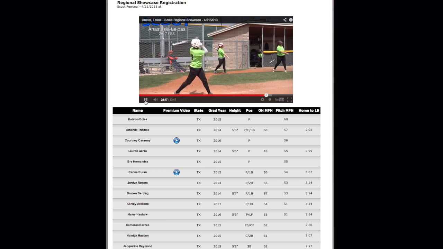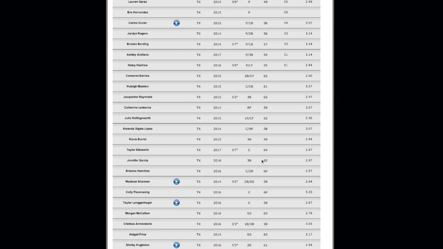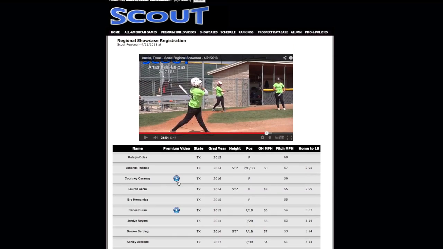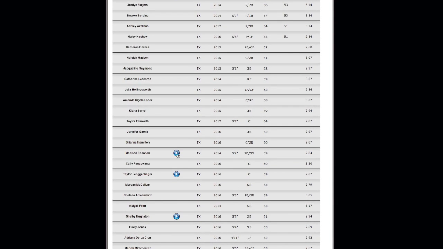A lot of players will give this information to you so that you can more easily find them within the system. If a player has a premium video, which will show them from an extra angle defensively that will show their arm strength, and it will show an additional angle of them hitting, they will have this represented by the blue play button under the roster. While the video continues to play, if I like the player, I could come down, click on this, and a new window